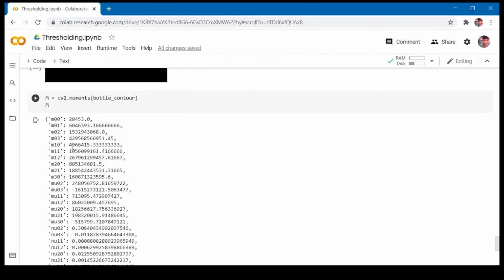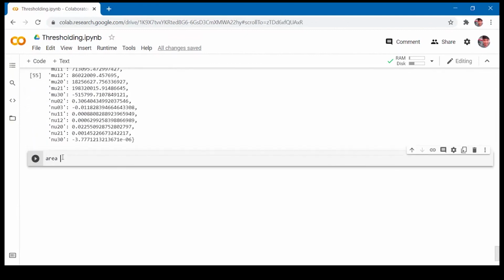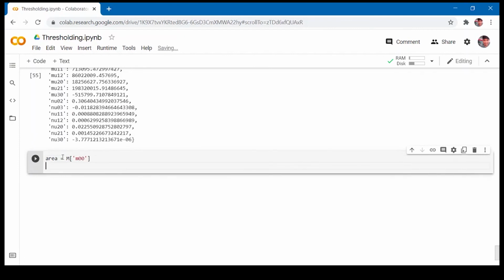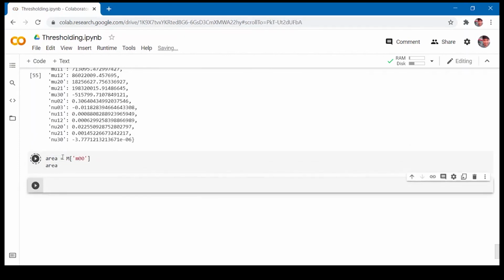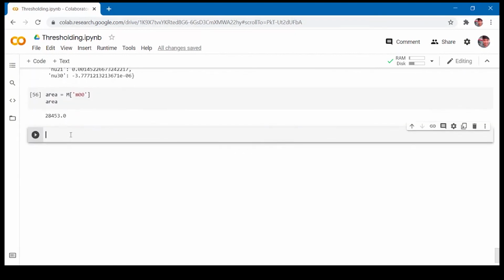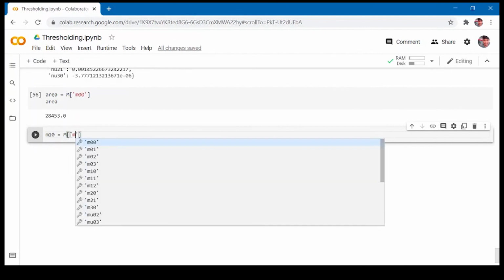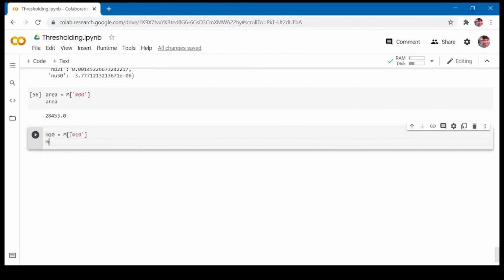See, this is a dictionary of all the moments, out of which we'll only need m00, m01 and m10. So m00 is the area, and m10 is the moments in the x direction, m01 are the moments in the y direction.